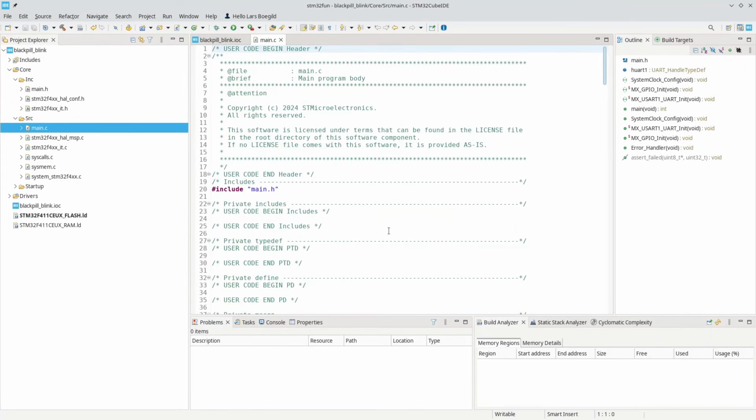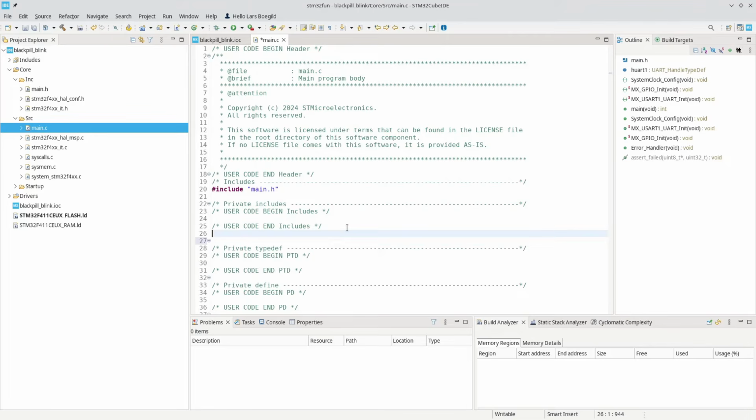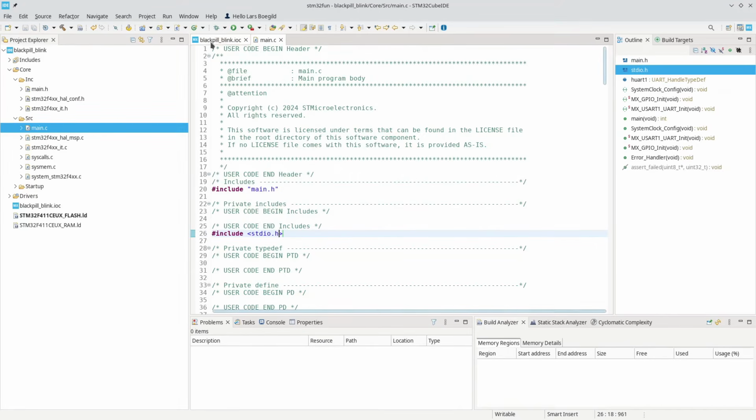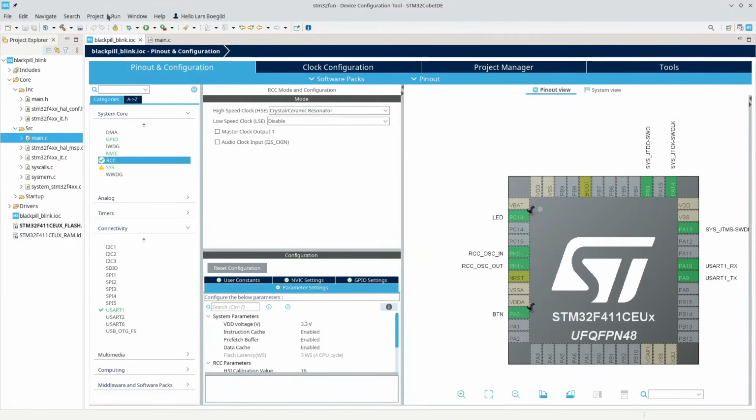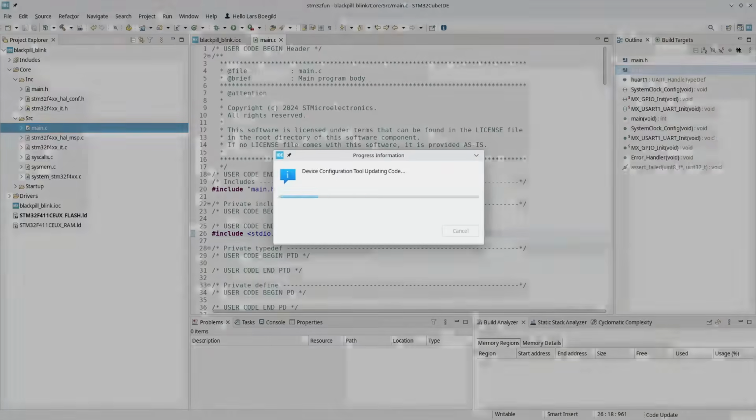The way CubeMX or CubeIDE works is that all these source code files are templates. So you will see throughout the code these user code begin and user code end markers, and whatever you change in between will never be modified by CubeMX. Let me give you an example. Say we want to include a header and we put it here. We can include stdio.h. We save that. If we later go back to CubeMX and generate the code again, you will see that